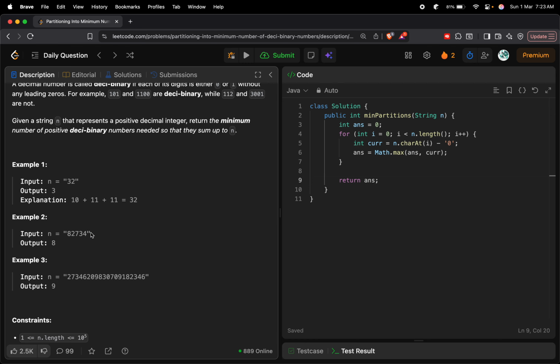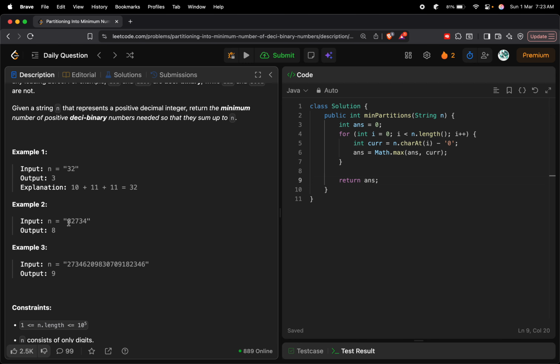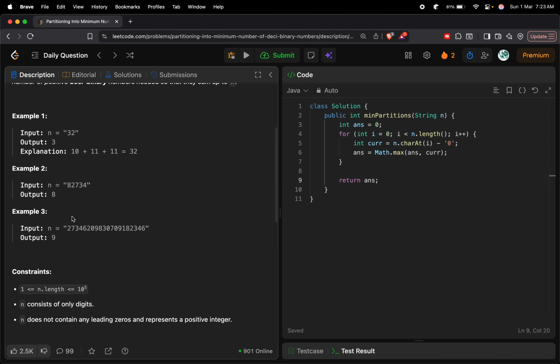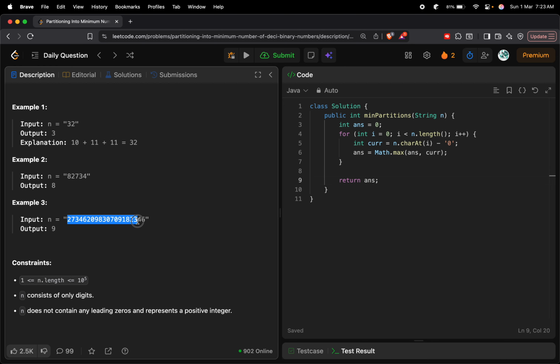If you select this, then in order to form 8, at least I need 8 ones. So in order to form 2, I need at least 2 ones, at least 7 ones, at least 3 ones, at least 4 ones, right? So I have to form 8 numbers at least, because in order to form 8, I should take 8 numbers with the first digit as 1 in all of those 8 numbers. So the problem statement boils down to identifying the maximum number